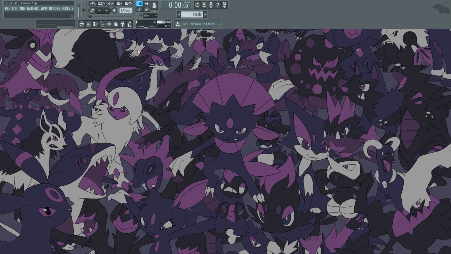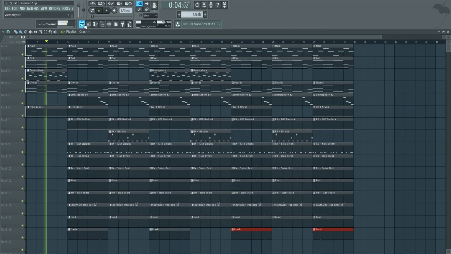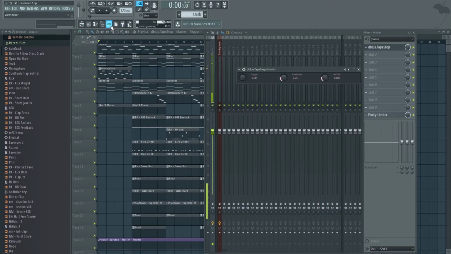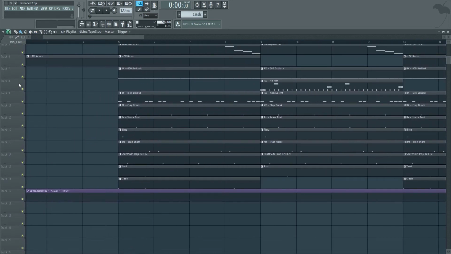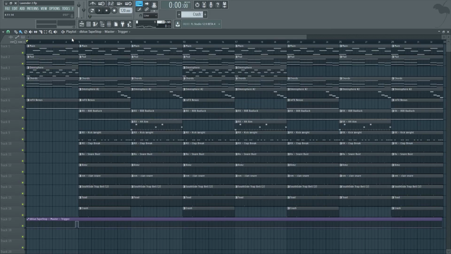I'll play it again with this, and yeah. Okay, once again, we'll take the hi-hats out every second. And then quickly add a tape stop at the end. Now obviously there's mixing and stuff. We can make it sound a lot better with mixing and all that, but you know what? For a quick tutorial, this sounds really good. So, let's see if this is